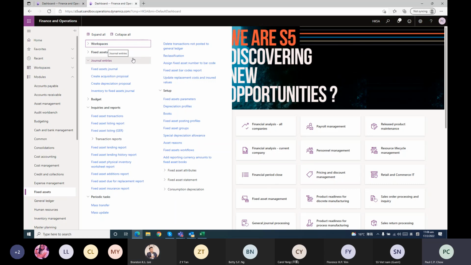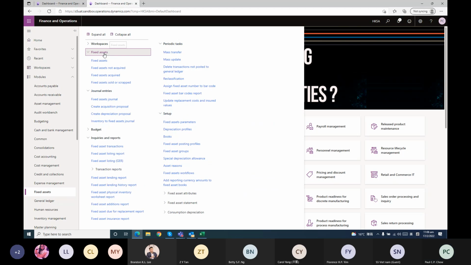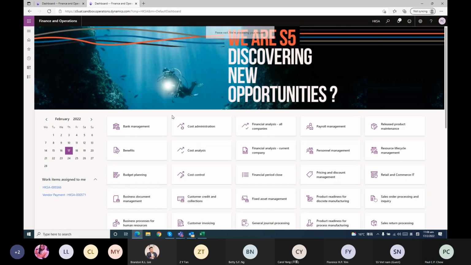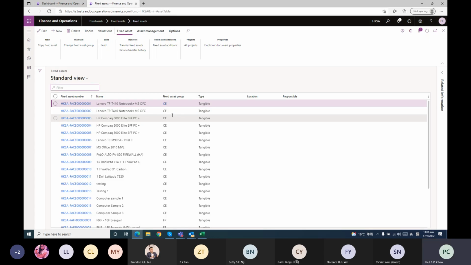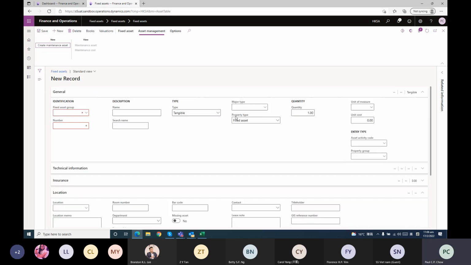Then we go to create a new asset record. And this is the testing environment. And if we want to create a new fixed asset, we can click here, new. And then some cells are necessary to fill in, like this one and